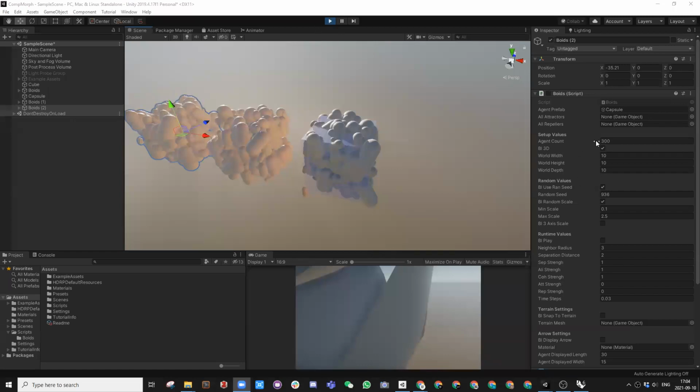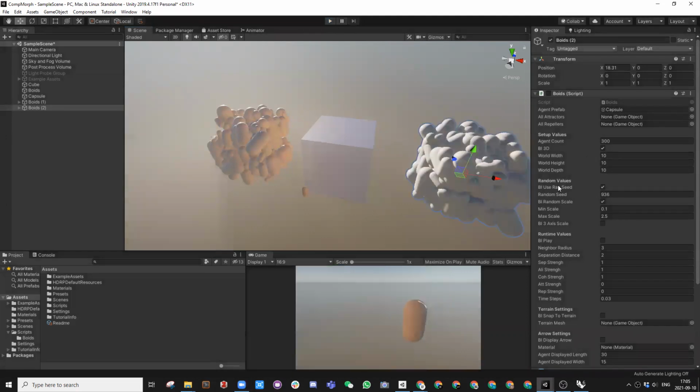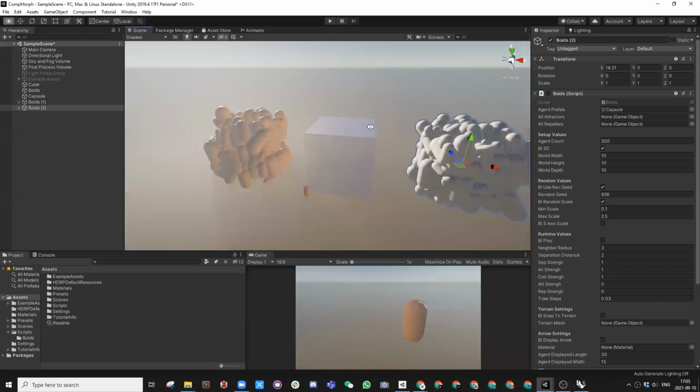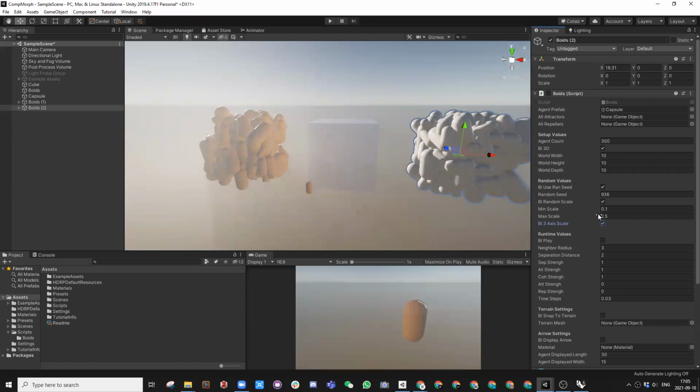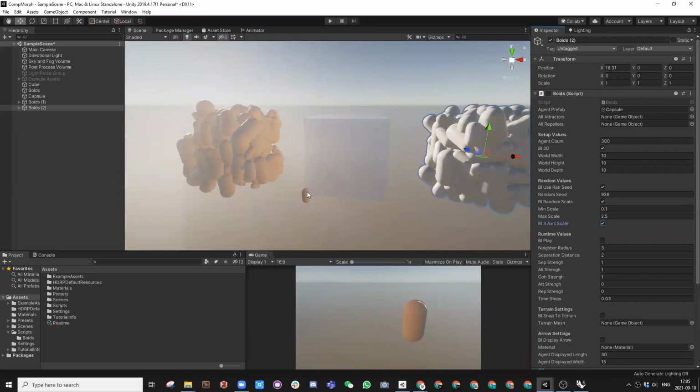Okay, so we have covered agent count and the world width, height, depth, and the random seed and random scale. Okay. One thing I didn't cover is three-axis scale. So if you turn this on, you will see that this value is applied randomly to scale all three axes, X, Y, Z axes differently. So the resulting geometry will look like